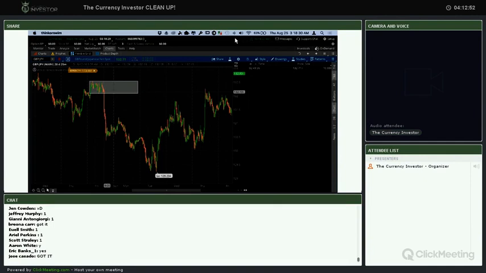So if this is our last known support level right here, right, before price broke, then if we entered on a sell at that area where price broke at, then when price came back up into this area,